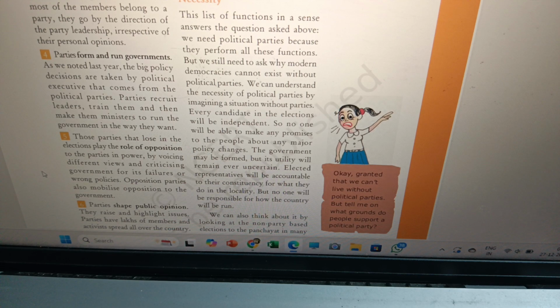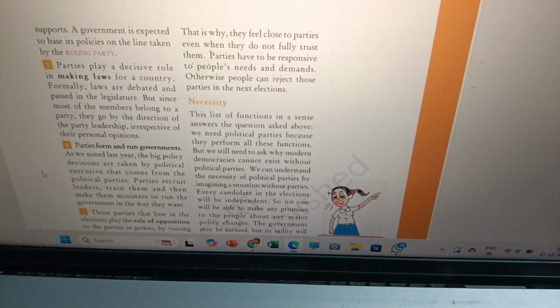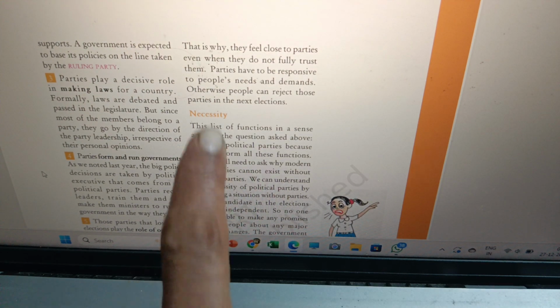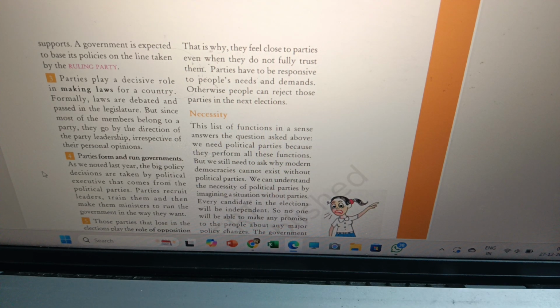Parties have to be responsive to people's needs and demands, otherwise people can reject those parties in the next election. So that is why they feel close to the parties even when they do not fully trust them. That means there is more access to the political parties than to the office. So parties have to be responsive to people's needs and demands, otherwise people can reject those parties in the next